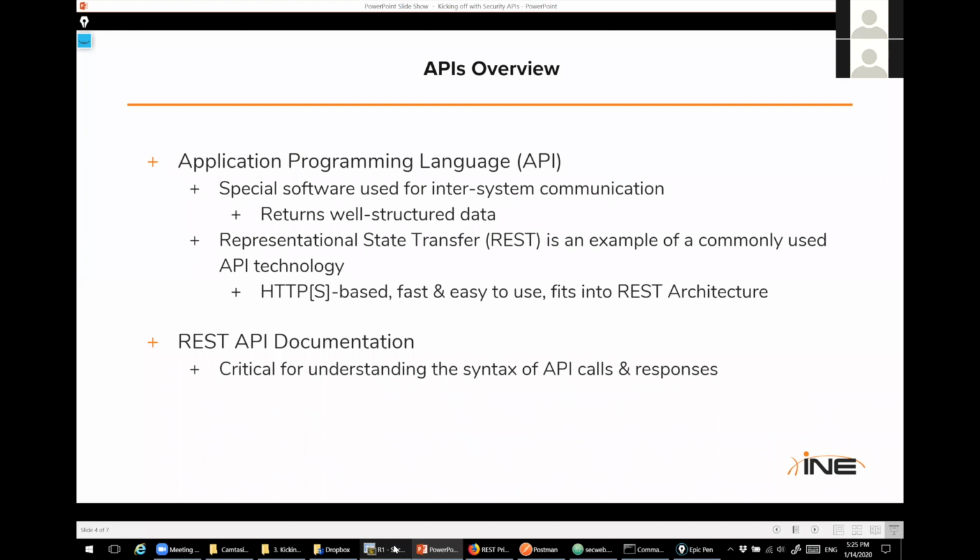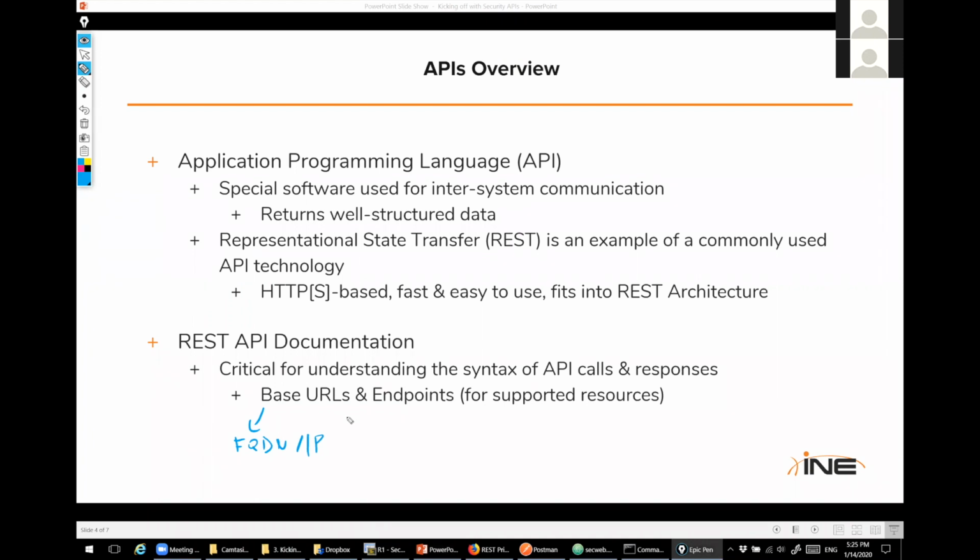Before you make an API call, you have to know the resource that the call is supposed to attach to, because the resource is what will eventually represent the underlying system's component. So at a high level, an API call is going to be composed of 2 pieces of information. We will have the base URL, which is the FQDN or IP address of the destination system. Remember, this is client to server communication. When you make an API call, like you use Postman or a Python script, this is going to be your client. It must know the full API path, including the base URL and also the endpoint, where the endpoint is what identifies a resource